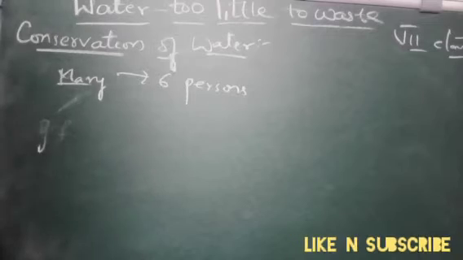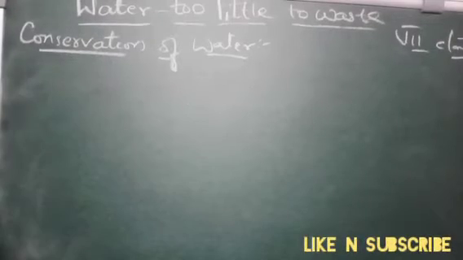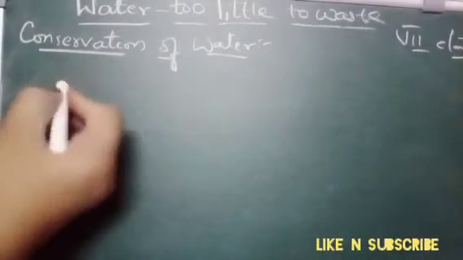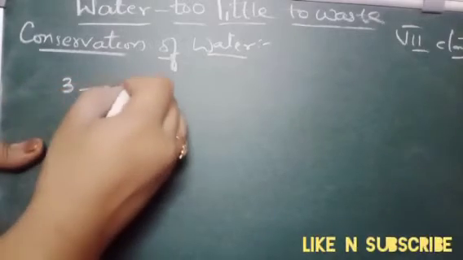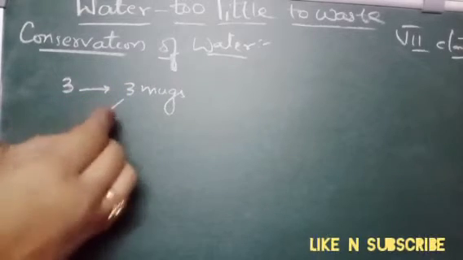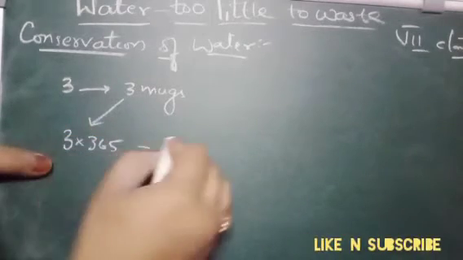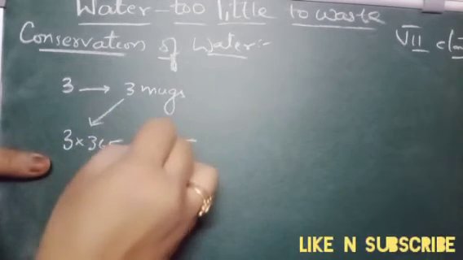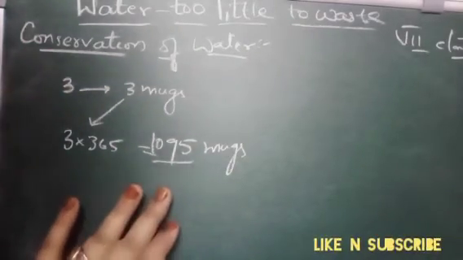Most of the time, at our houses also, we see that the tap is flowing, but we don't bother to go and see the flow of the tap. If you see that drop by drop, in the whole day 3 mugs of water is being flowed. Then in a whole year, if you calculate this, 3 into 365 days, then how much will it be? 3 5s are 15, 3 6s are 18, 19, then 3 3s are 9, 10. So 1095 mugs of water will be flowed throughout the year.